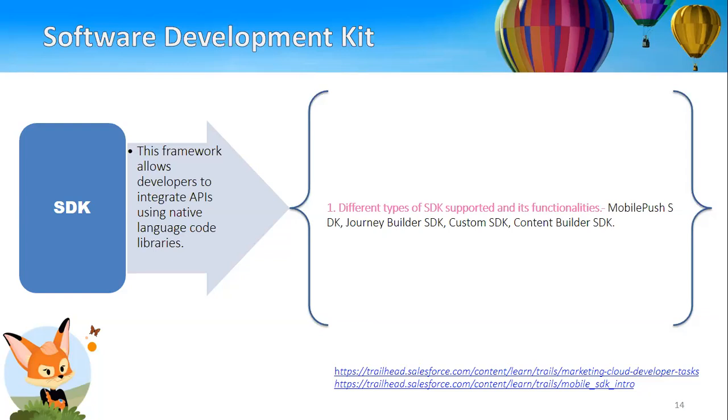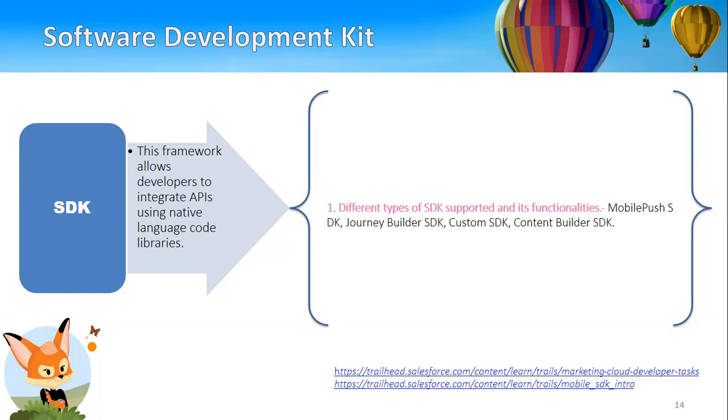You might have seen HTML, freeform, text block, image block, whichever is available. Those are all standard blocks. So if you have a block of your own ready, or want to create a new one, you need to make use of this Content Builder SDK. And if you want to create custom activities, recently the Journey Builder concept was covered, so if you want to create a Journey Builder custom activity, even then this SDK will be very helpful to use.